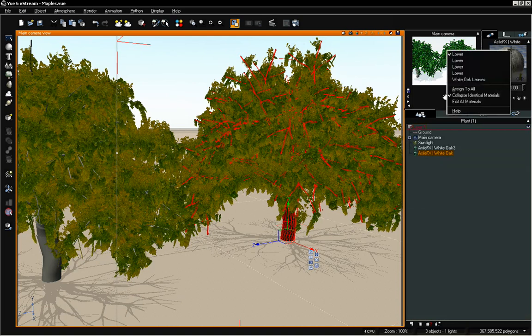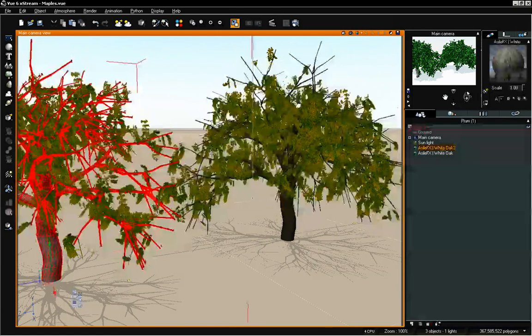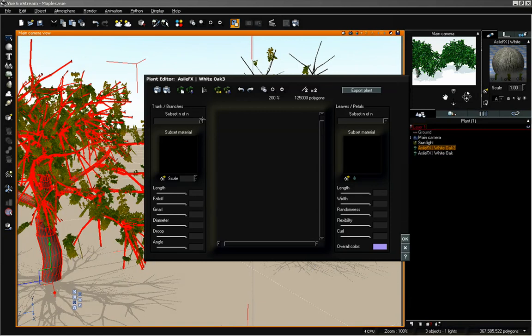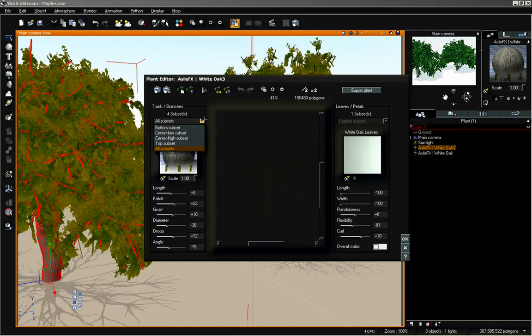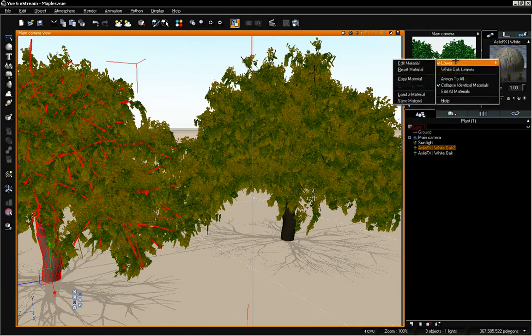You right mouse click on the material, select which surface it is, and in this case with this tree we actually have multiple surfaces on our trunk, and our subset material can be changed for each branch object, because technically there are 4 sets of branches and 4 trunks for this type of tree, and it really varies depending on the species you're working on, but we could just copy the material,